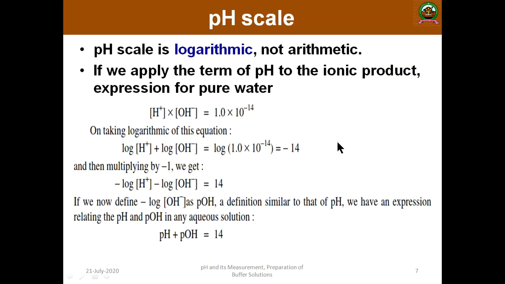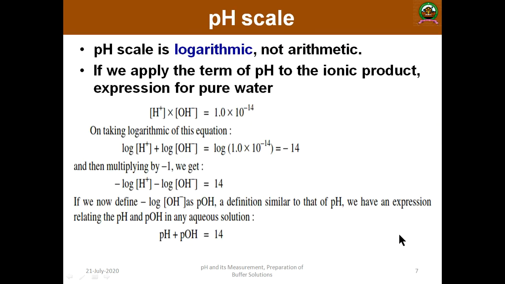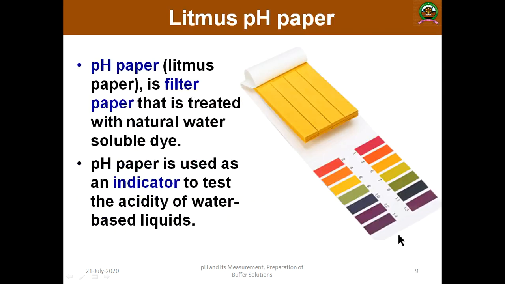Here you can see, as we have seen with this particular indicator, pH 0 is red in color, and decreasing it goes yellow, green, slight greenish blue, then finally neutral blue. Then you will have the violet, then close to magenta and maroon. That is the alkaline condition. Similarly, you will have the same thing here.